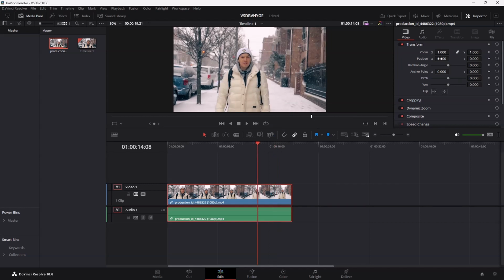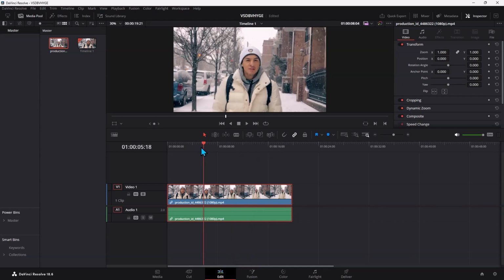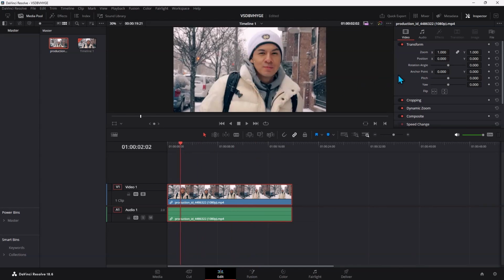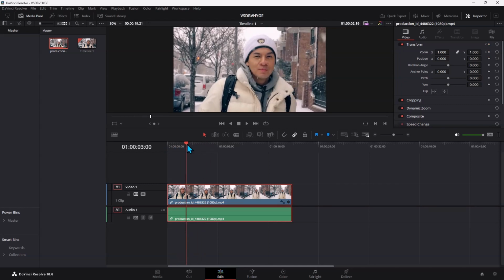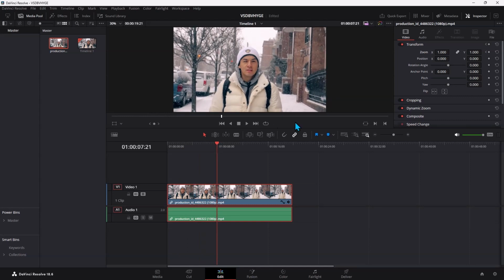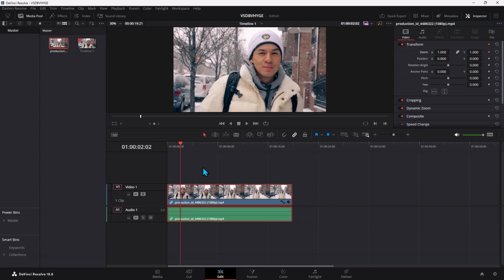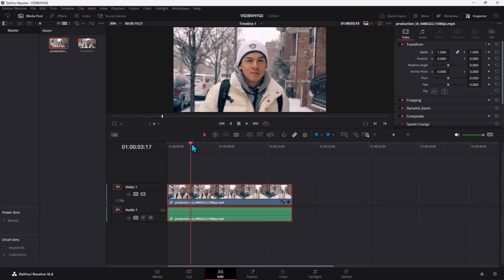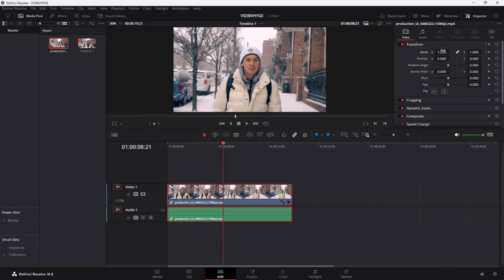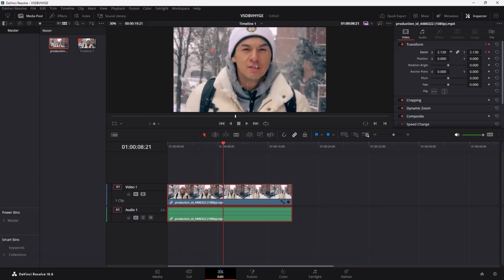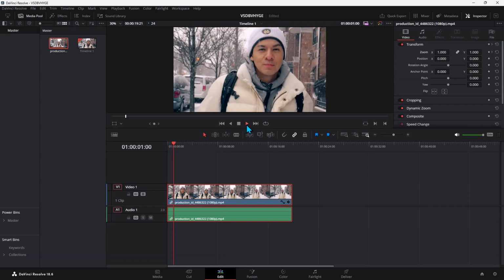So keyframing is quite easy to do once you know how to do it. So let's say I want to zoom this bit in here, so it zooms in all the way along to here. So I have already set a spot from where I'm going to keep it as this, and then I'm going to move it all the way to here, and then I'm going to zoom in, and now when I play it,